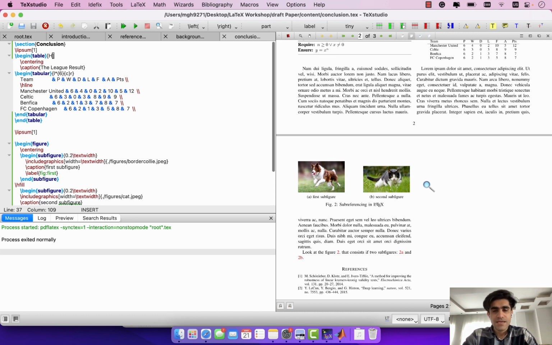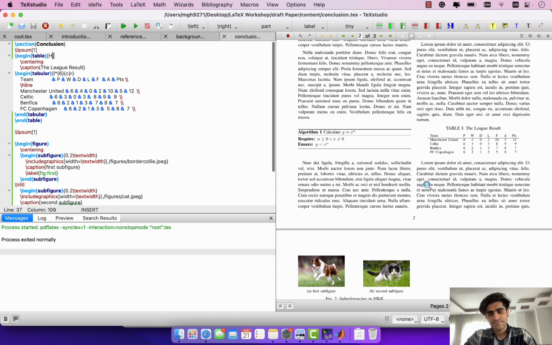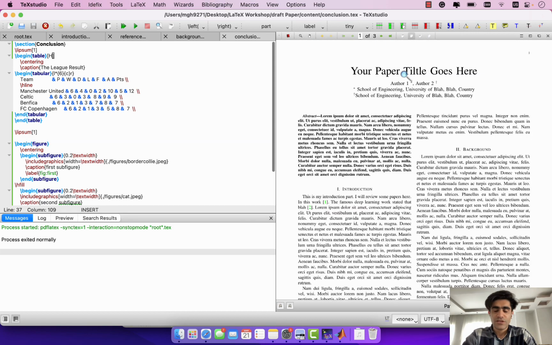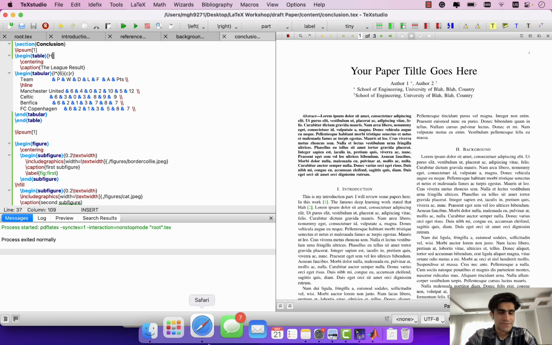For your assignment, please prepare an 8-page document which has at least two of each environment. For example, two algorithms, two figures, two tables, two equations, and etc. You can use any class that you want for your paper, but it must be a class for journals. So that's it. For the last question about preparing a presentation,